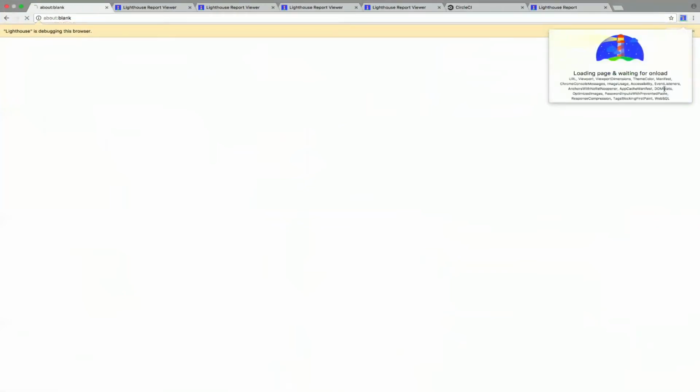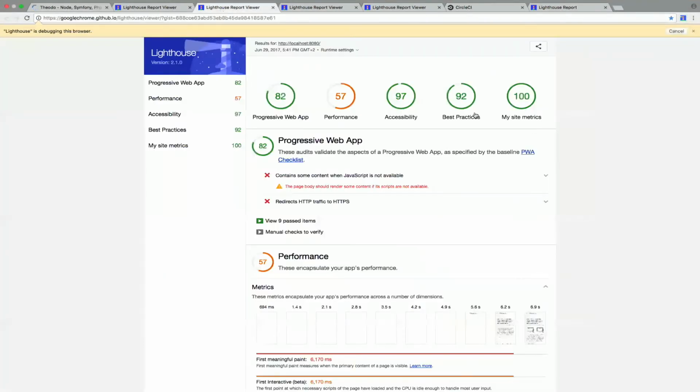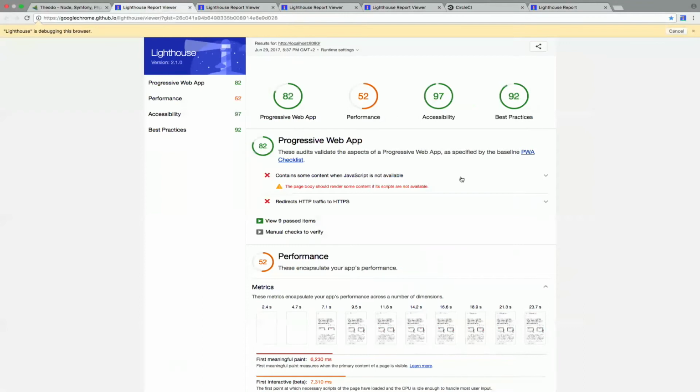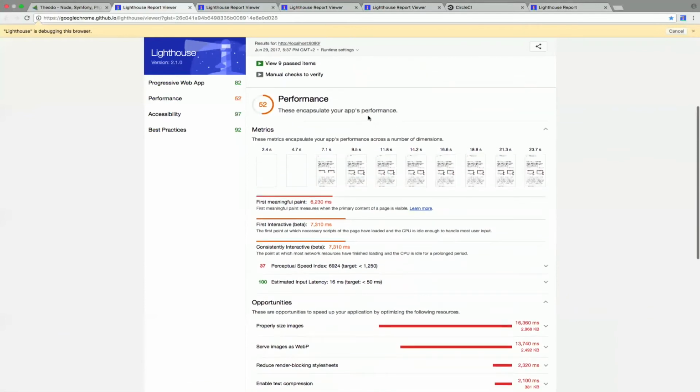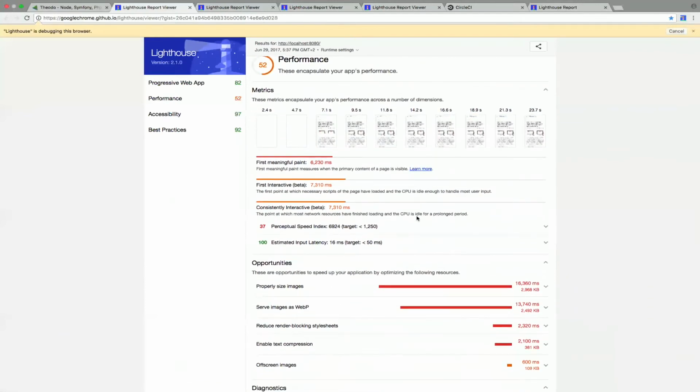Okay, so actually this time we won't wait until the end, because I just saved the response. So here is a report. We can see that the progressive web app now has a score of 82. That's quite good. It's not the 100% of Algolia, but we're reaching it small step after small step. However, the performance is even worse. So we can see what Lighthouse can tell us about that.